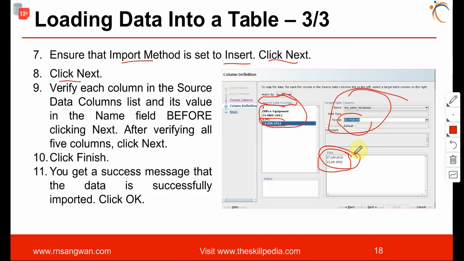The word for this step which we are working on in this screen is called transformation. We are verifying that the incoming data is matching the data type of our columns. So it makes sense to do the transformation. If anything is mismatching, it will throw an error at the end of it, right? So better to match it.